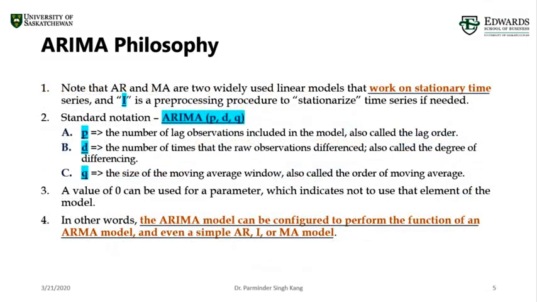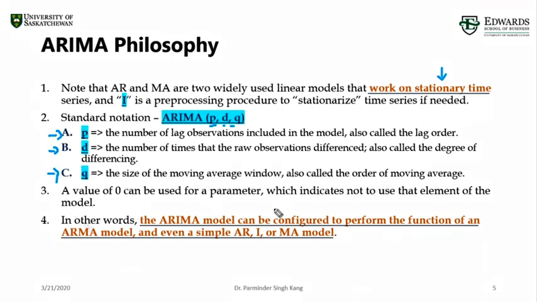Okay, so let's go through the terminology and notations used in ARIMA models. The very first thing is the time series must be stationary, which means no trend, right? In the previous chapters we used the first difference to remove the trend component from the time series. We'll use it here too. In order to represent the entire family of ARIMA models, we use three parameters, P, D, and Q. P represents the number of lagged observations for the autoregressive component. D is the difference that you have used to make the time series stationary, and Q is the size of the moving